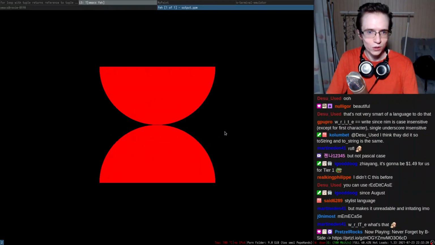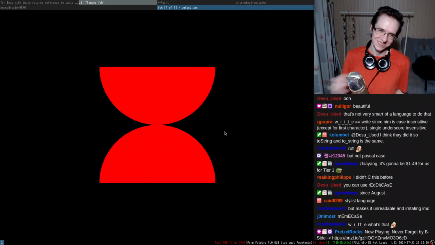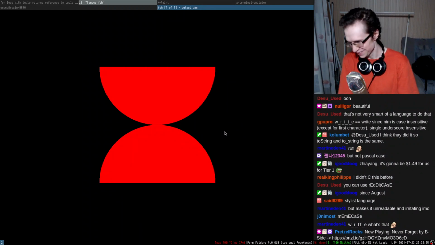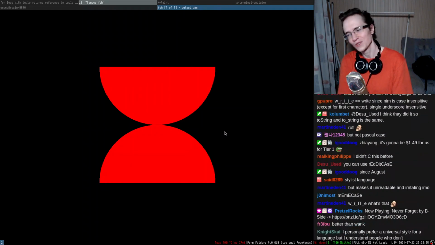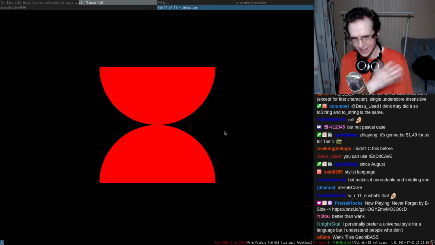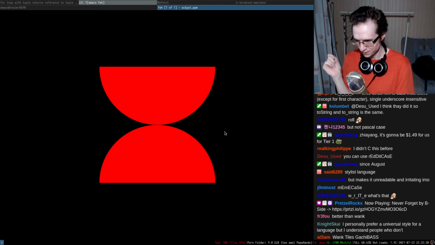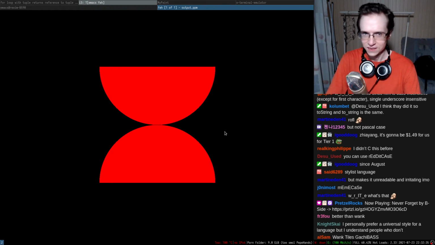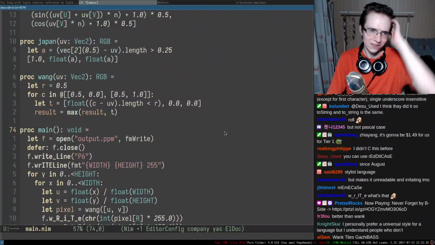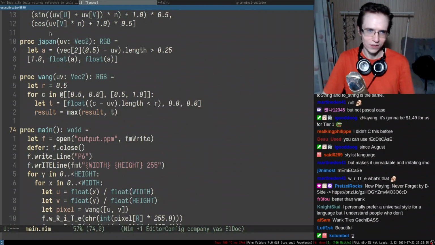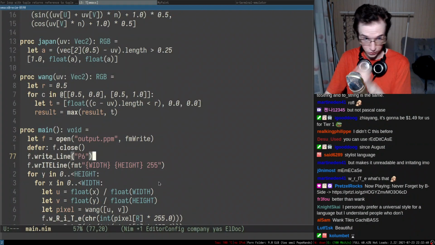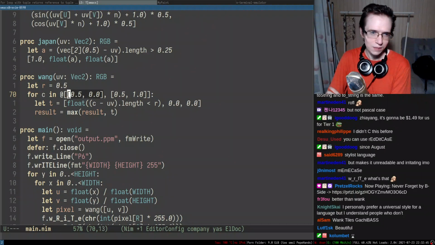So that seems to be working, and okay. We generated something, which is cool, I suppose. So we have two circles now. Wang tiles. Well, yeah, but Wang is, as far as I know, an actual name of the person who proposed them. So on top of that, I also want to keep track of the colors, right?